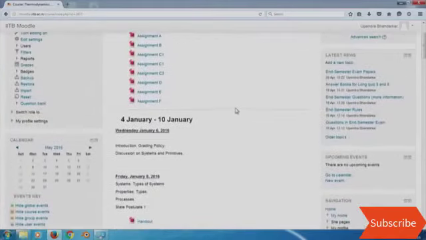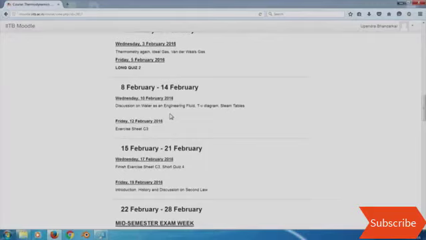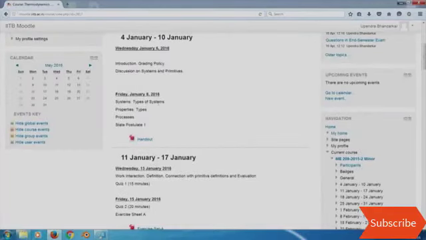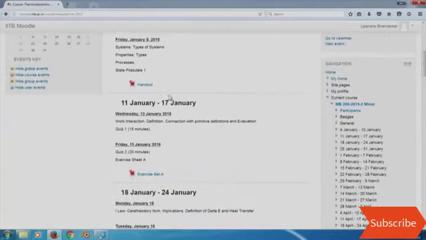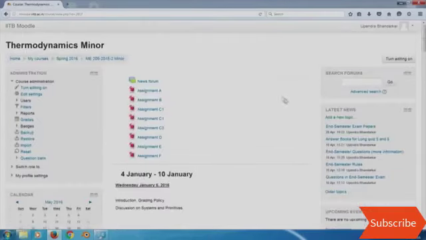And in the middle you will realize that the course is available as a set of weeks. So this is the week from 4th to 10th January, then the next week, and so on, and in each of these I have uploaded what was happening in that week, for example on which day I was doing what. So I will take you through how to actually edit these things, and you will notice that I have put on handouts, I have put on exercise sheets, and similarly I will show you other places where I would have put on assignments. I will show you how to handle quizzes, and then normally if there are any announcements, I